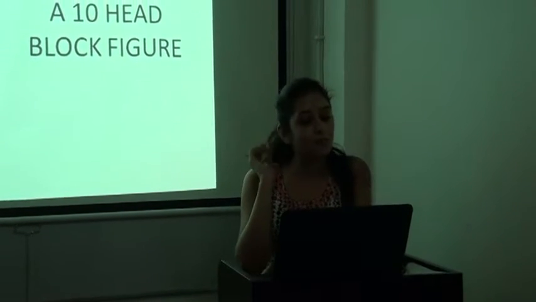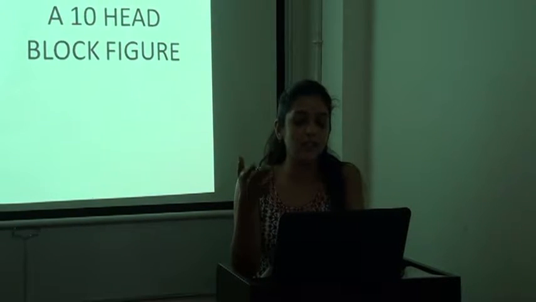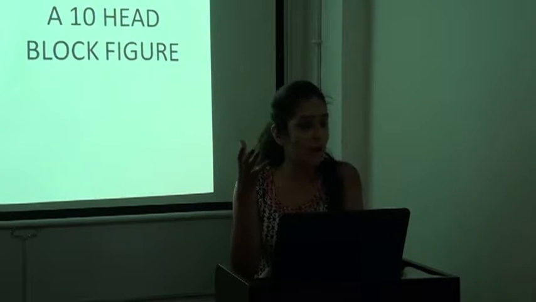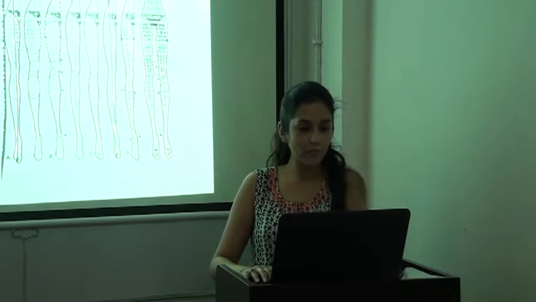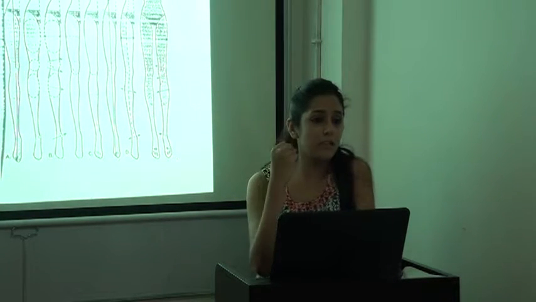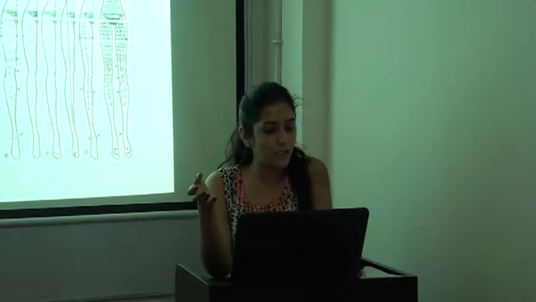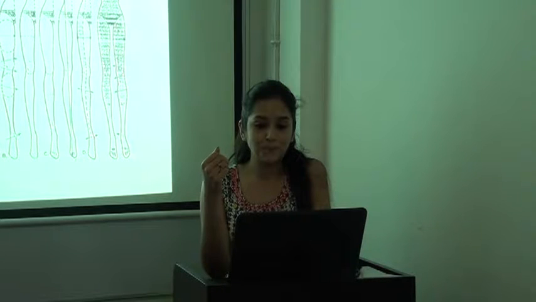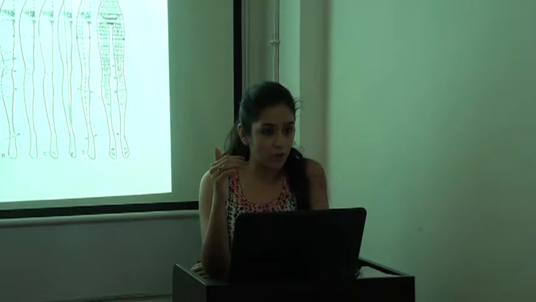The second step would be fleshing out a 10-head block figure, where they actually learn how to carve out the contours of a fashion figure. Then we can study the detail of the arms, the cuts and movements, and then the detailed study of the legs. When it comes to a human figure, the legs are slightly short and stout, and when it comes to fashion figures, they are slightly thin and elongated.